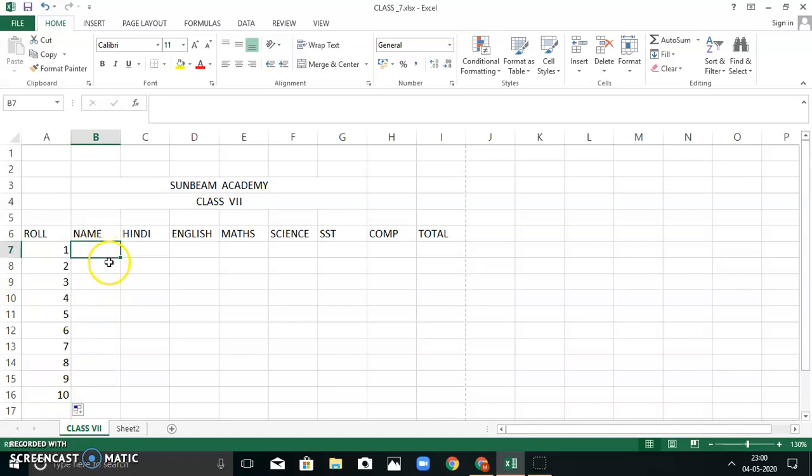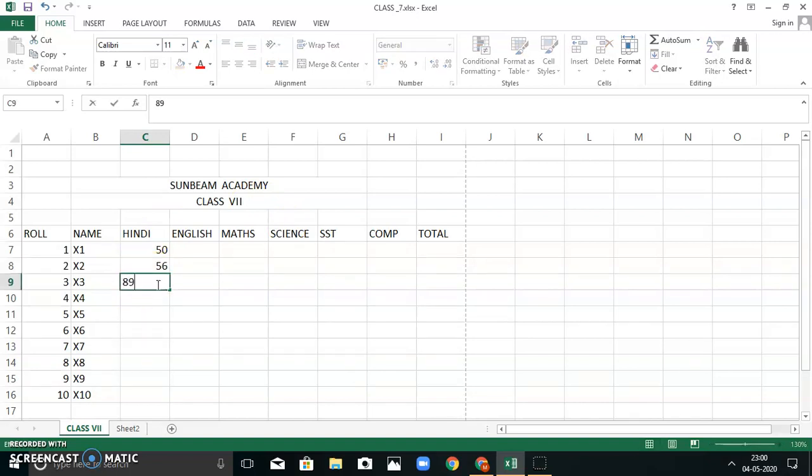Then now my name is x1, and if I drag it, it will become x2, x3, and different names will come. I have differentiated by using 1, 2 and 3. Then in Hindi, marks out of 100, they were having something, and in the same way I am having some marks for the other subjects. In English they were having this.